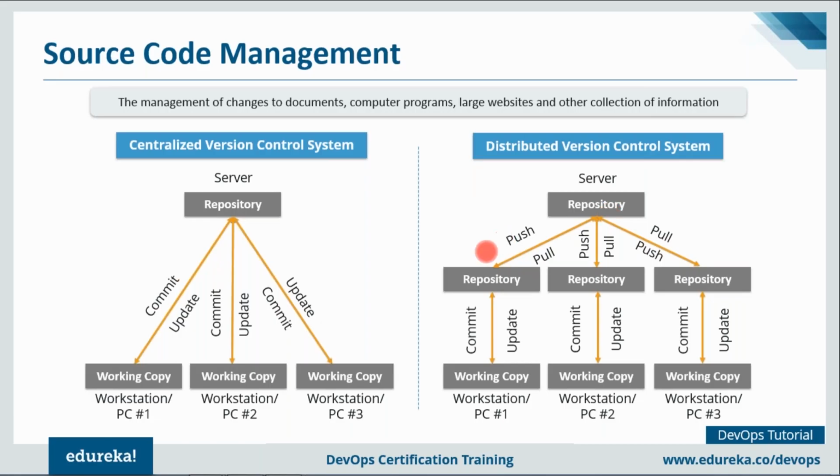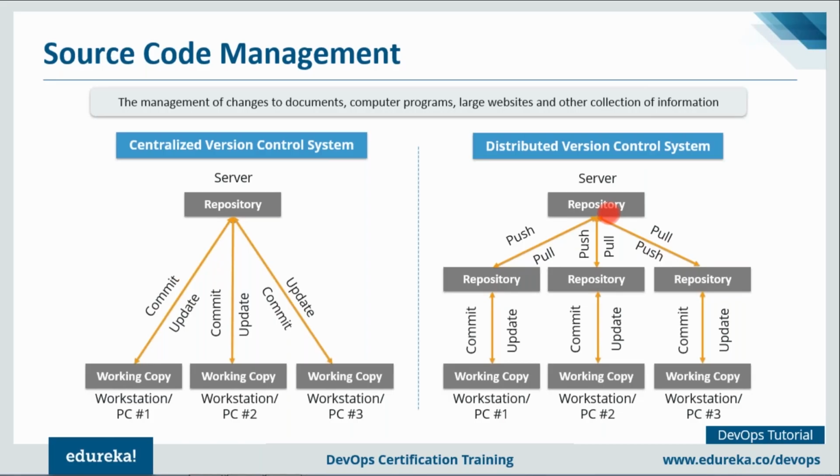Let me tell you how. All operations apart from push and pull are very fast because the tool only needs to access the hard drive, not a remote server. Hence, you do not always need an internet connection. Committing new change sets can be done locally without manipulating the data on the main repository. Once you have a group of change sets ready, you can push them all at once. So you can commit to your local repository on your local hard drive, review the changes, and once you have quite a lot of change sets ready, you can go ahead and push them onto the central server as well.